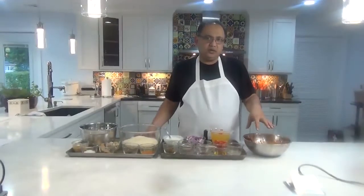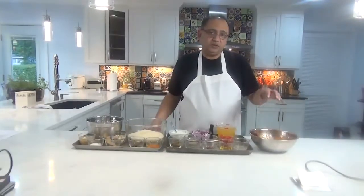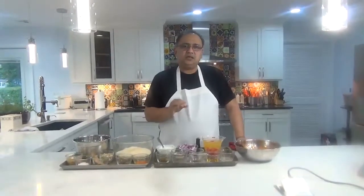So normally what I do is I grill this, but we don't have a grill. So we will saute the chicken, we'll remove it, and then we'll cook the gravy fully, and then we'll put the chicken pieces in, cook it, and then remove it. And then when we do the sauce, we'll do it in a French style sauce. So we'll strain it to remove the onions and the tomatoes from it, or any other impurities or masala that might be there,